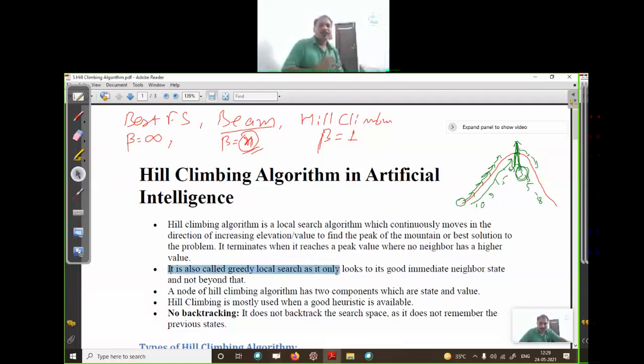It is also called greedy local search, and it looks only at the immediate next state, not beyond that, meaning it looks only at the next depth of the tree or graph. It is not looking beyond that. One more thing I want to tell you here: the best first search technique is also called greedy search. Best first search and greedy search are the same technique.